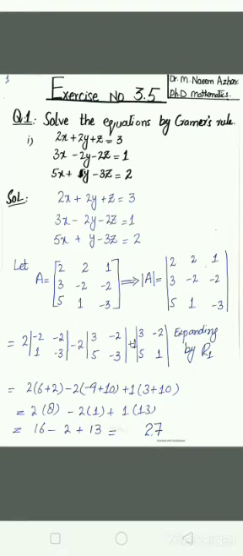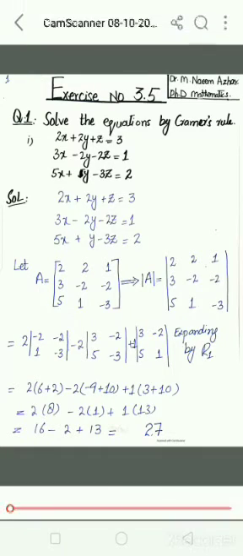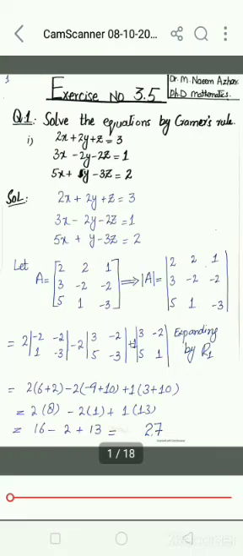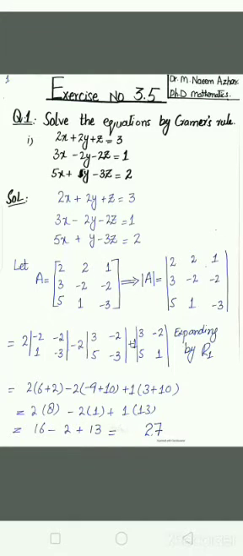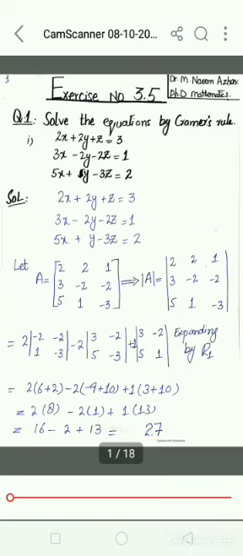So you can see that the determinant value is a real number and not equal to 0. So we can find the solution of the system of linear equations which is given in this question part 1. This is a confirmation step, that is, if the determinant is not equal to 0, and is equal to a real number, then you can find the solution of the given system of linear equations. Now we proceed further.